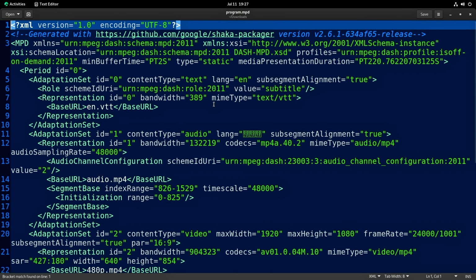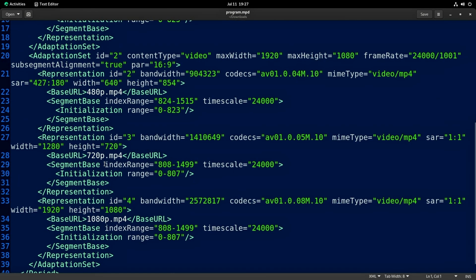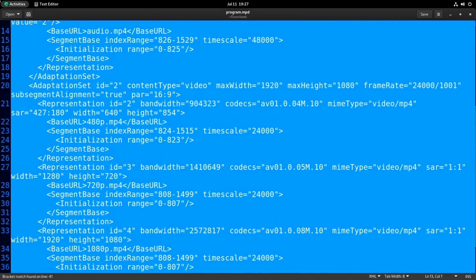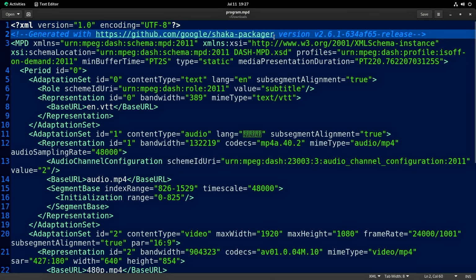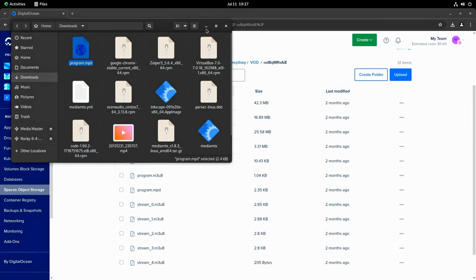So this is what the file looks like. You can see here that this is what represents the video, and that's what that player will pull down. So this right here is created with Shaka Packager, which can then be played by Shaka Player.